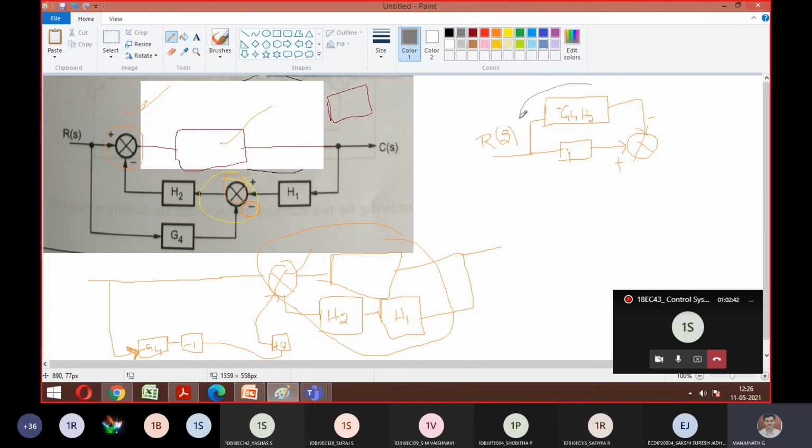Similarly, what you can do? You have this combination also, right? So cascade of H2, H1 and followed by this. If you eliminate this, you're going to get one block, and by eliminating this one block, that again becomes a cascade. Agree, everyone? So then from this I can write only one block. That is my reduction technique, what I wanted. Is it okay to everyone? Yes, sir. So I want you to finish up this problem and make a note of the answer.